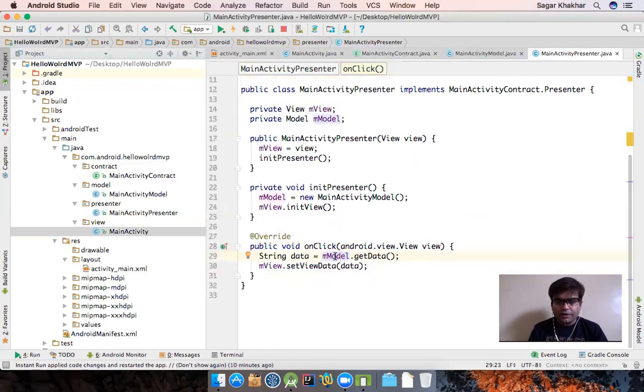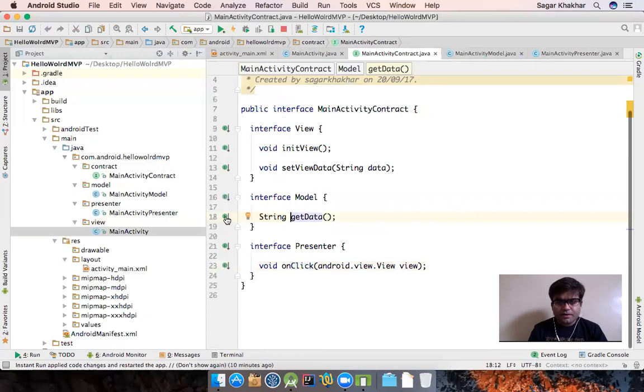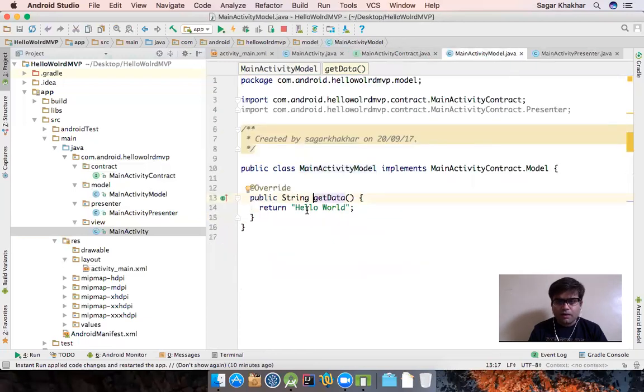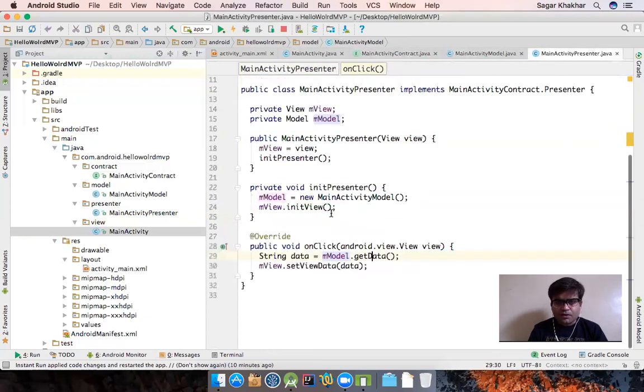So this will call a get data method that will return hello world. So you will get the hello world string in the string data, and as we have an object that is a reference to a view, that is the main activity,